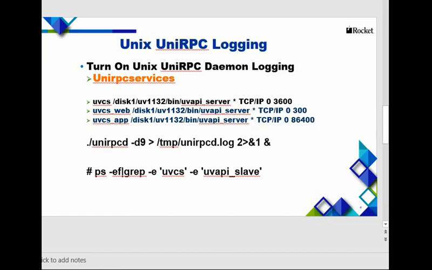When you connect clients to a UNIX UniVerse or UniData server, you might have some connection issues and want to debug them. So you want to turn on the UNIX UniRPC logging. For UNIX RPC logging, we have a simple UNIX command to turn it on by adding an additional parameter called